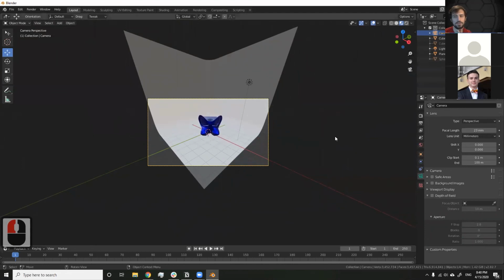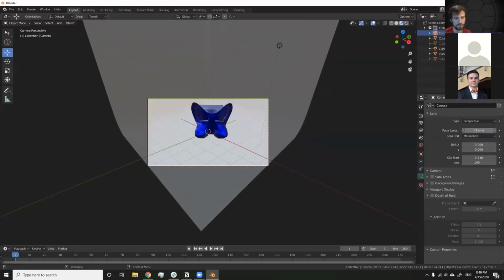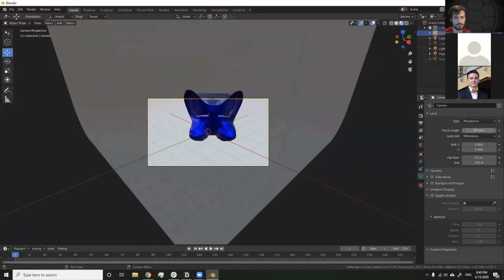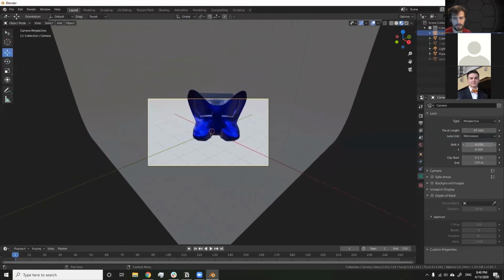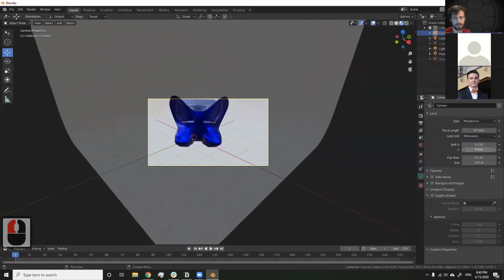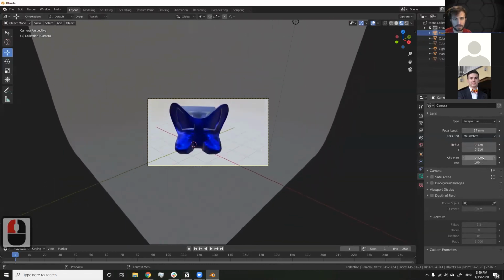Keep in mind though, you always have perspective on unless you change it down to orthographic or panoramic options. Perspective is the default. So you'll notice this starts getting kind of warped around the edges out here as you start zooming out because of the perspective. So you don't want to mess around with that too much. You can also shift your camera left and right with these shift X and Y, up and down. You can also adjust your